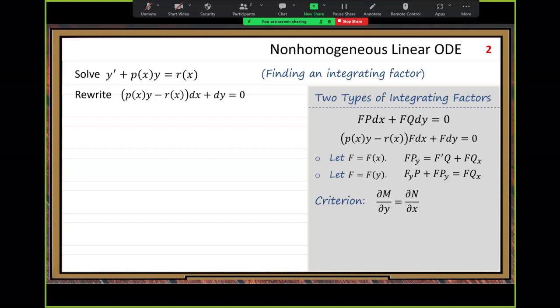let's look at the second option, because f is a function of the y variable. There is no x involved, only y. This capital N corresponds to f times q. But our q is 1, so f times q is f. F is a function of y, so N is a function of y. So here we can safely say